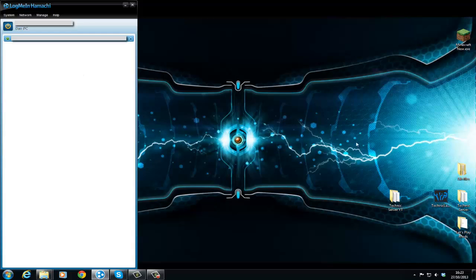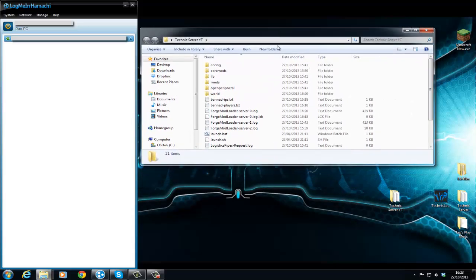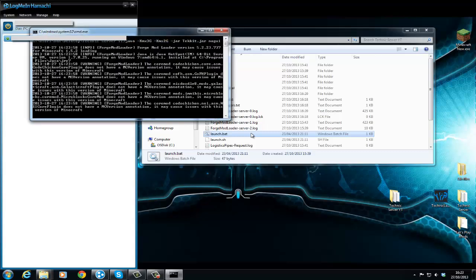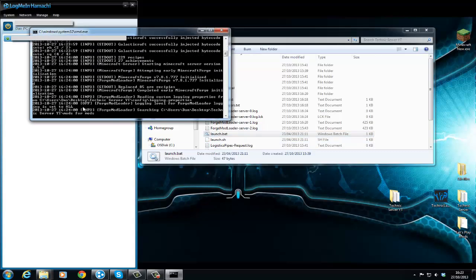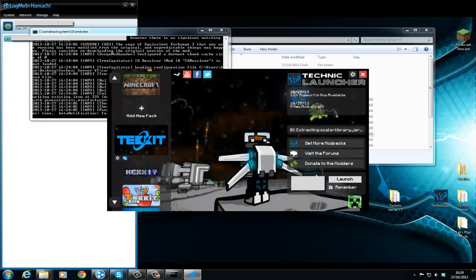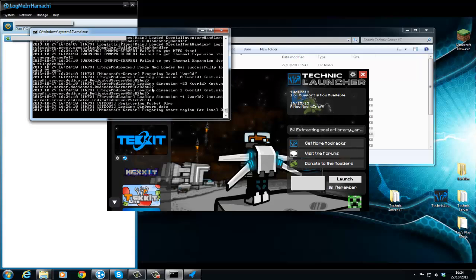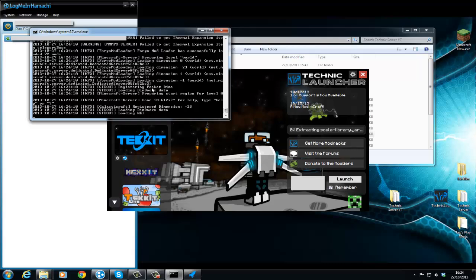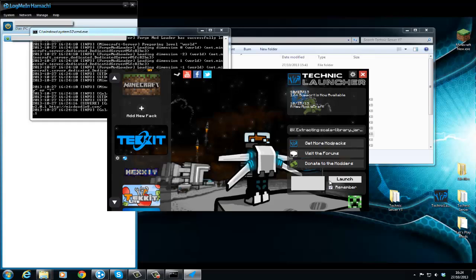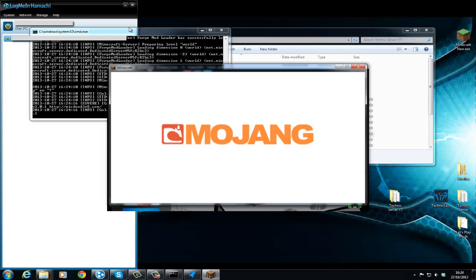So yeah, now that you've got that set up, if I just go to my Technic server and launch my launcher, as was done in step 1, and launch my server, as was done in step 2, there still shouldn't be any problems with this. Where's my launcher gone? There it is. As you can see, it's still working fine, no problems. Download error's gone, and it's loading perfectly fine. Wonderful. And did I click launch? I don't think I did. So if we now wait for the launcher to load,